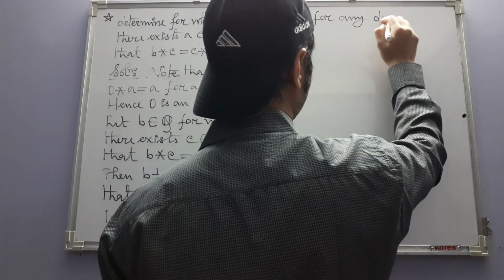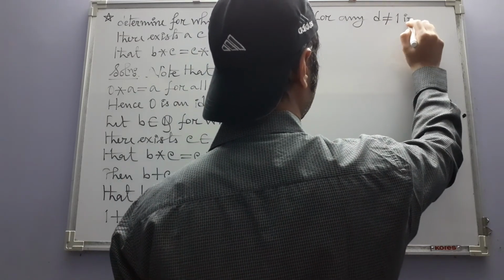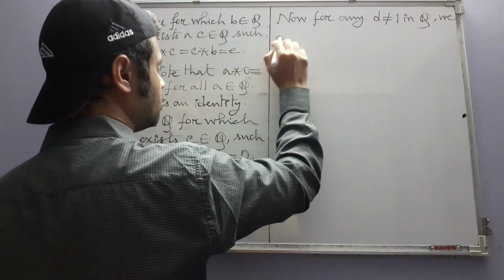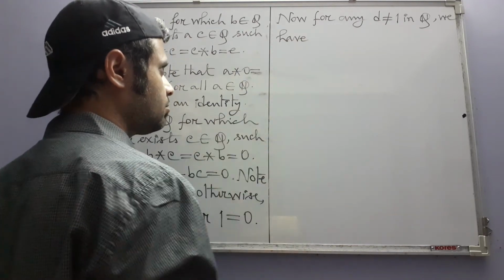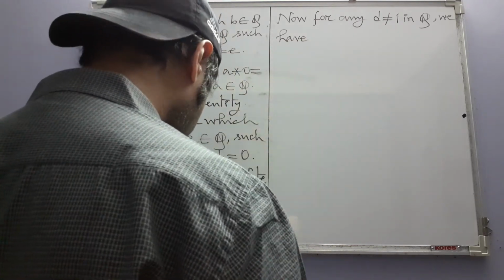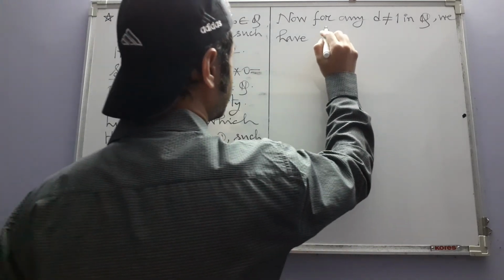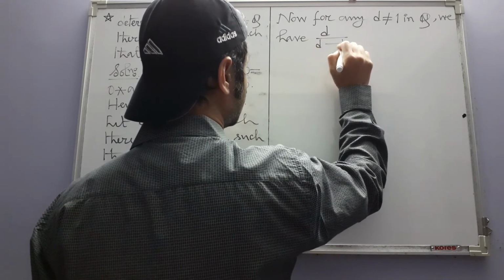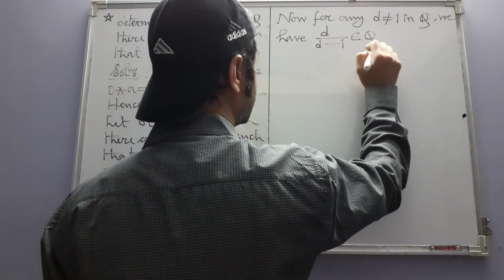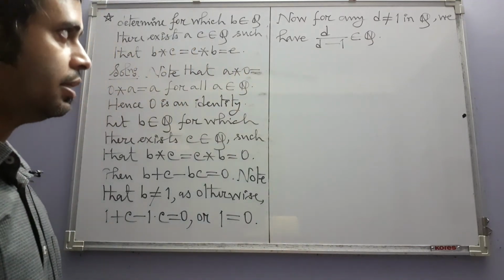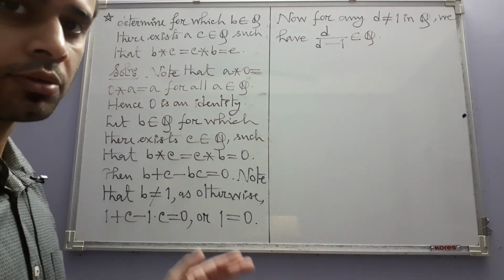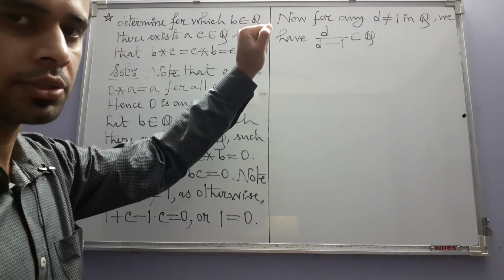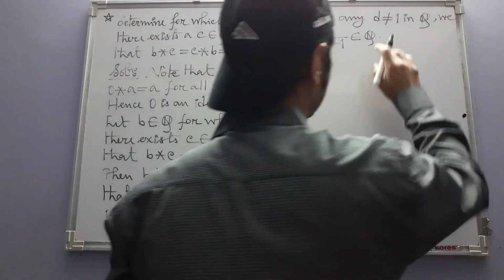For any D not equal to 1 in Q, what will happen if we consider this rational number? D divided by D minus 1. Note that now this is also a rational number. D is a rational number, and because it is not equal to 1, the denominator here is non-zero. So the quotient D divided by D minus 1 is again a rational number, such that